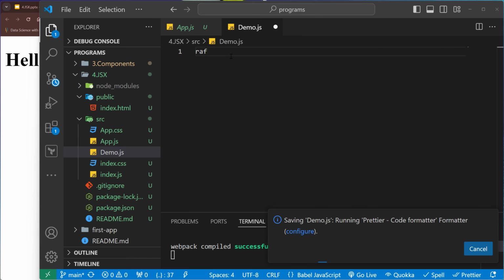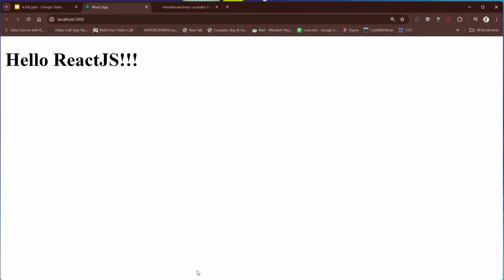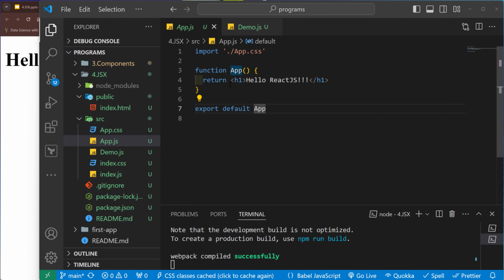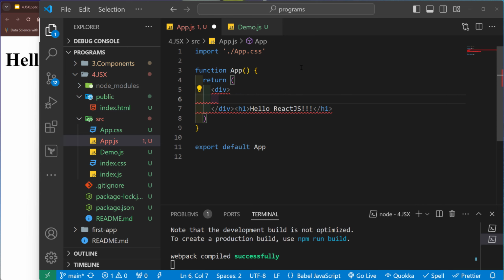no, I think I need to reopen the VS Code. Let me close, let me reopen, and inside the return statement here I need to use the parenthesis, move this code inside the div,